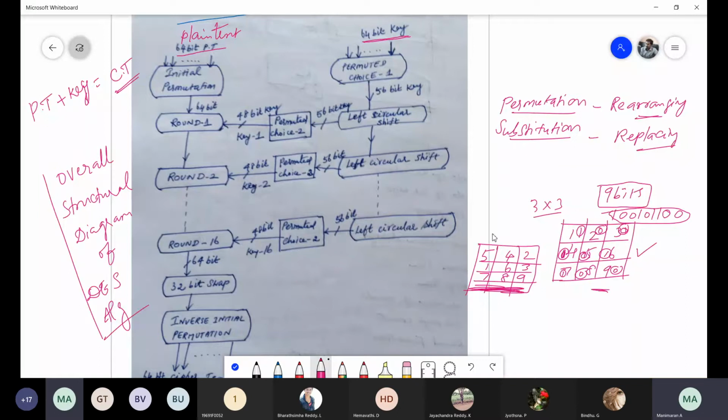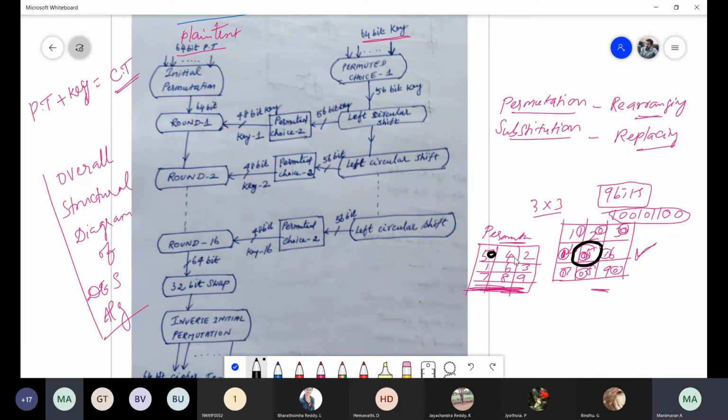This is the original bit order, and this is the permutation table. A permutation table means a rearranging table. In what way are we going to rearrange the bits? For that we have predefined, already fixed permutation tables. According to the table position values, we change the plain text bits. This is our plain text bits. What bit is in the 5th place? The bit is 0. That 0 I am going to place here.